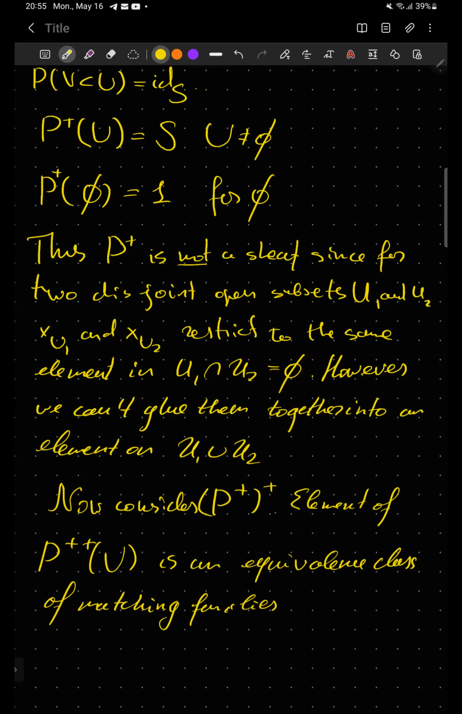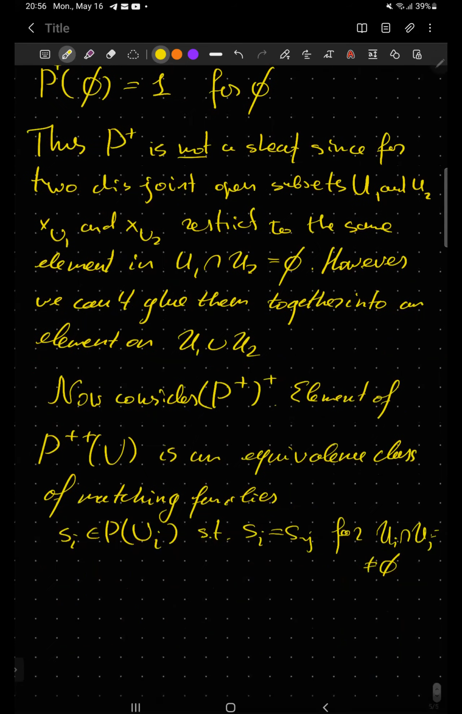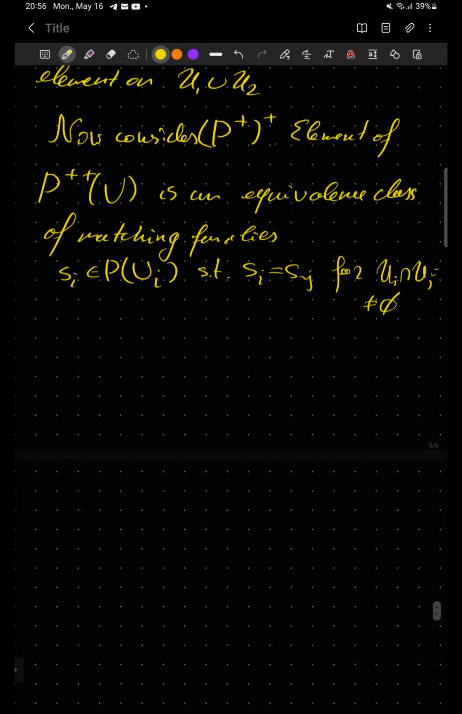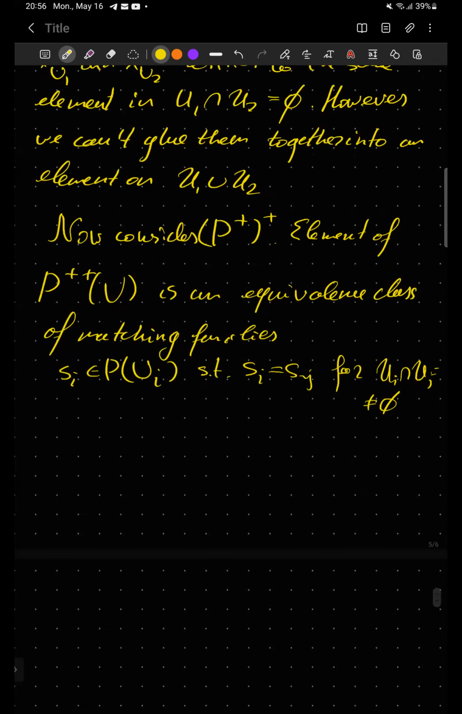So equivalence classes of matching families s_i in P(U_i) such that s_i is equal to s_j on U_i intersected with U_j, not being an empty set. Thus such elements glue together: s_i glues together into s from U to S,